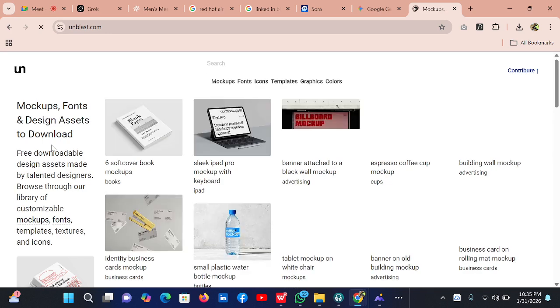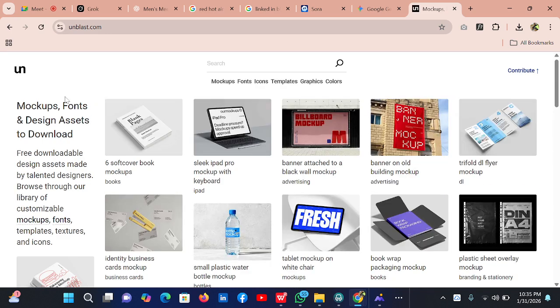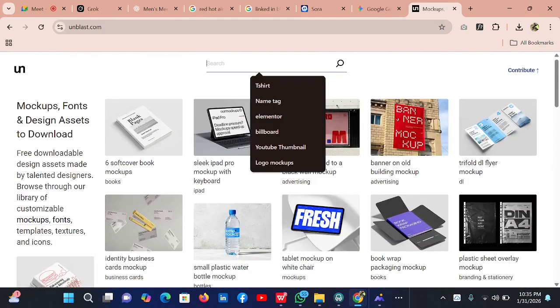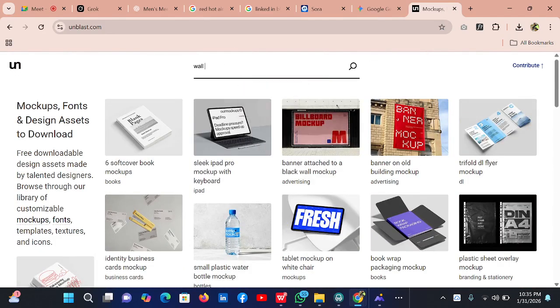And sometimes ukikosa ile mockup unataka. No. So these are mockups, fonts, blah blah blah. So you have to search for mockups here. Let's say you want wall mockups. So kama hujui story, if you don't know the website exists, then utaona usiku mrefu.